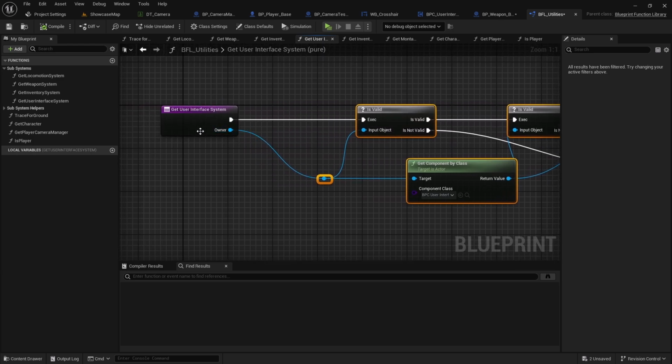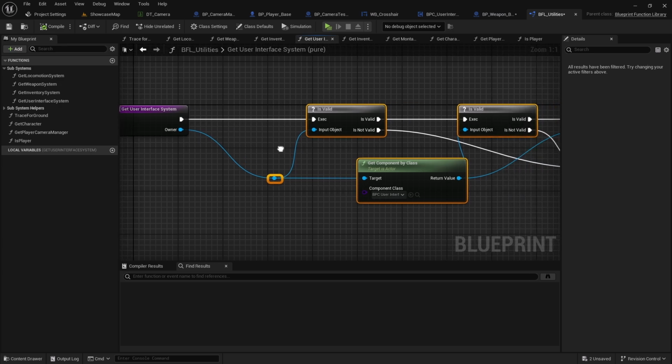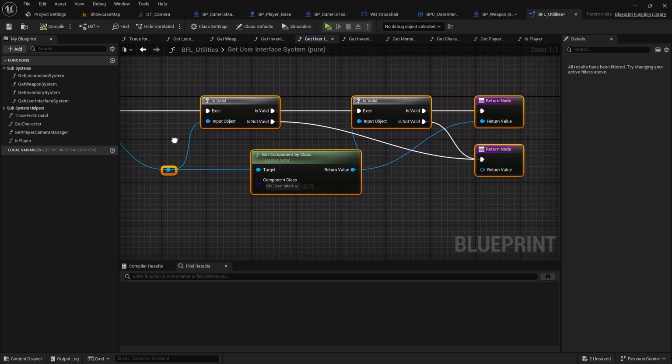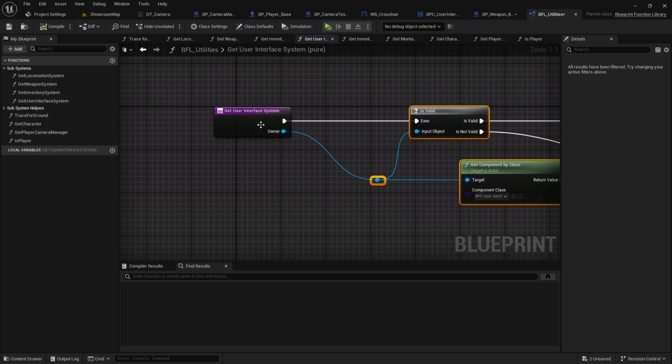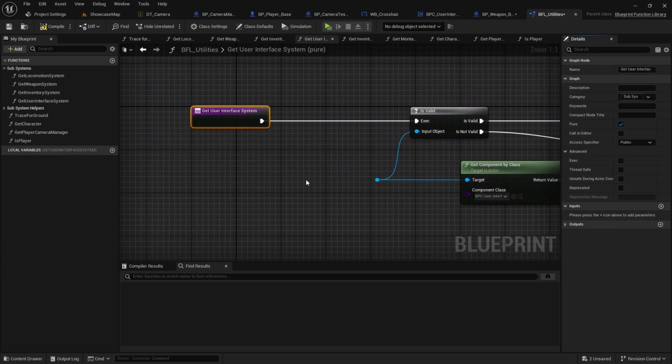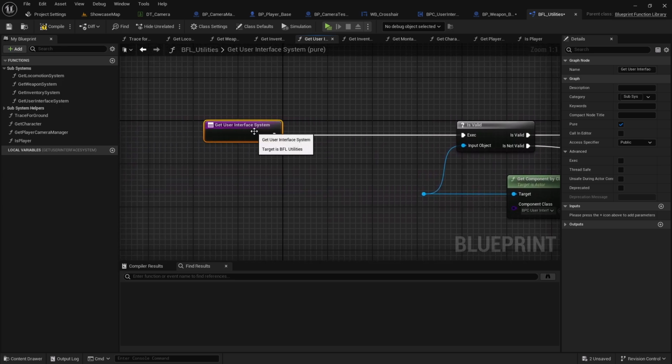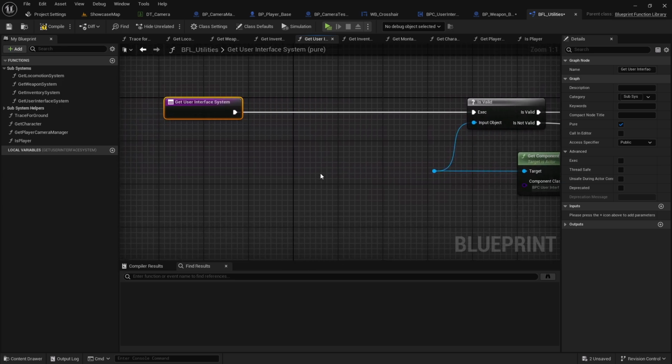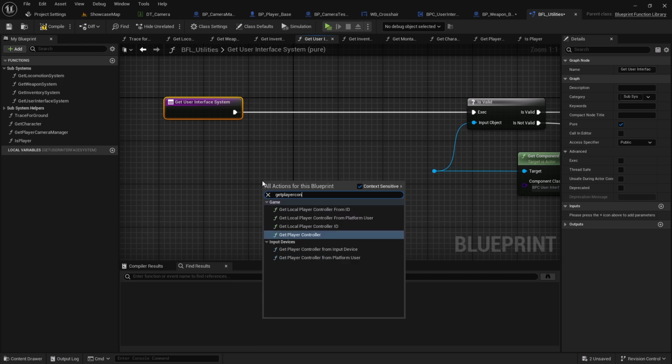Therefore, we don't need to explicitly cast for a specific owner of this instance, right? Because at the end it would be only one singleton object or a player instance who will have a specific HUD, right? So we don't need the owner. So I'll remove that input and instead let's get the player controller